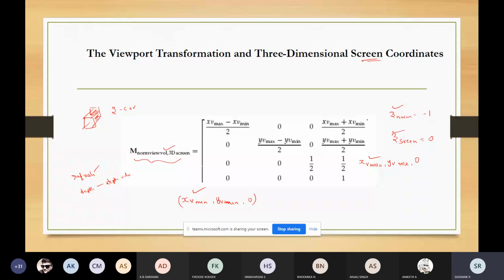So how do we display that? How do we position this viewport? It is the same thing which we have done for the 2D application. The lower left corner of the viewport will be displayed at the position specified by the coordinate position with respect to the lower left corner of the display window, and the object proportions will be maintained by keeping the aspect ratio of the area the same as the clipping window. So this is regarding the viewport transformation in the 3D screen coordinate.